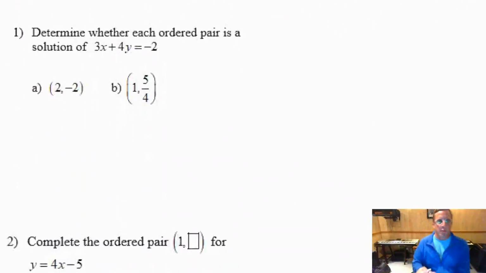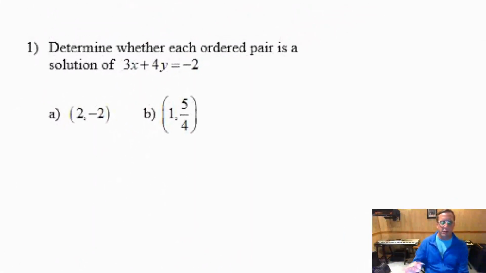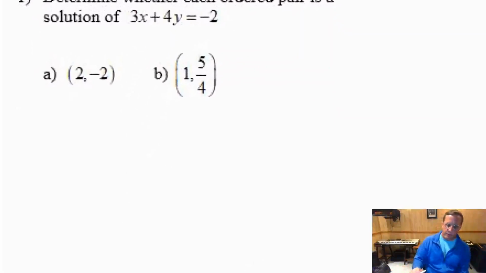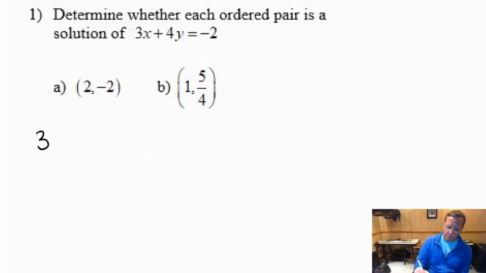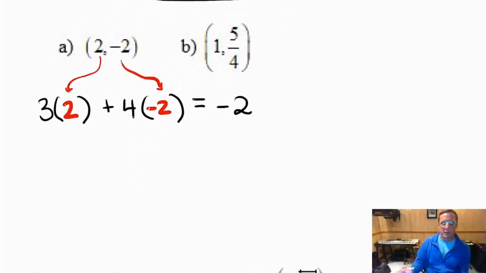So for number 1, we're going to check a couple different ordered pairs there. We've got 2, -2, and we've got 1 and 5/4. So we're going to try that. So for A, we're going to put that into the equation. So we've got this equation, 3 times x plus 4 times y, and we want to see if that equals -2. So if we put those values in, we put in a 2 for the x and we put a -2 for the y,